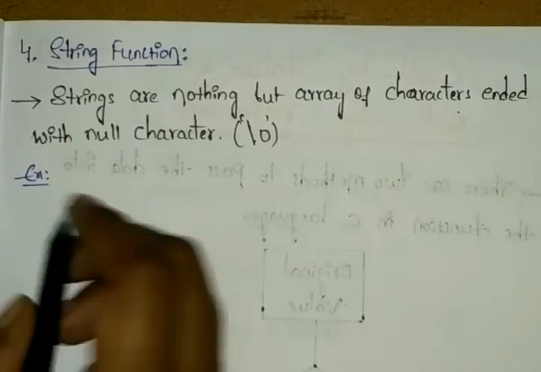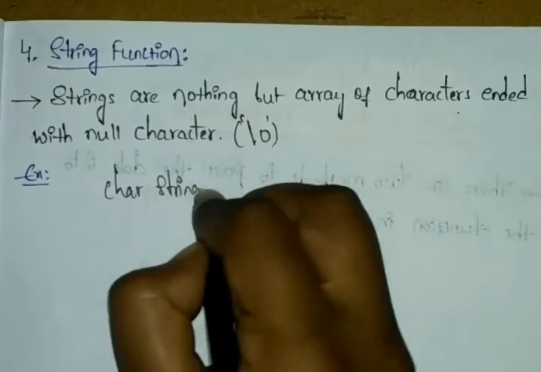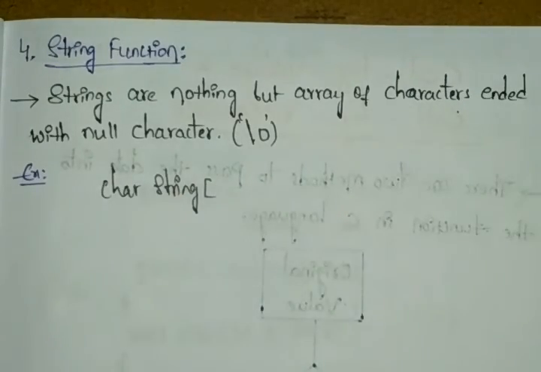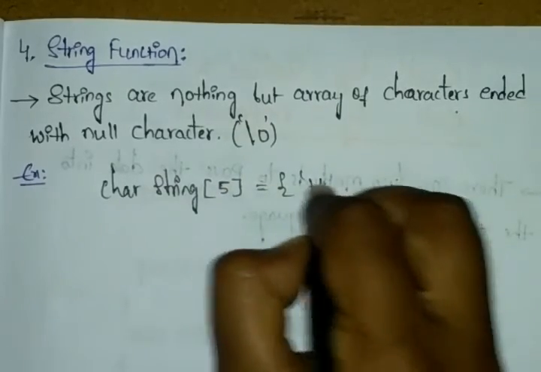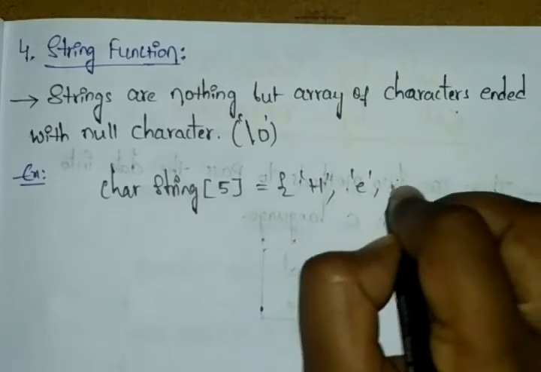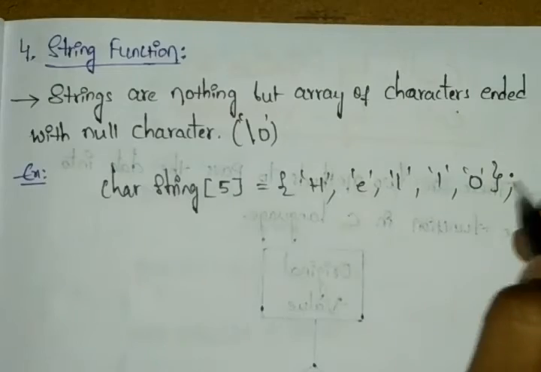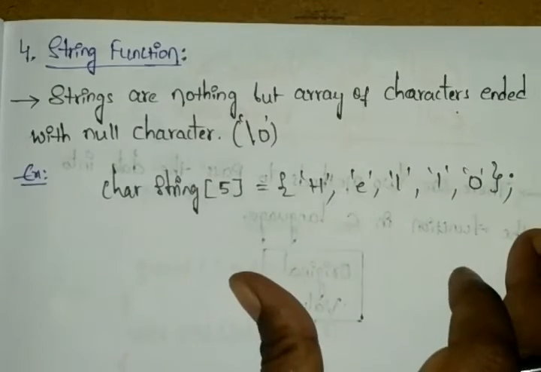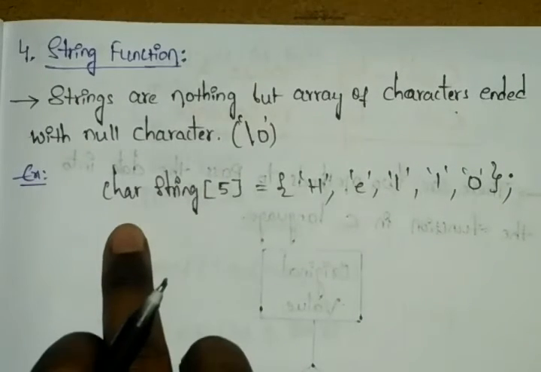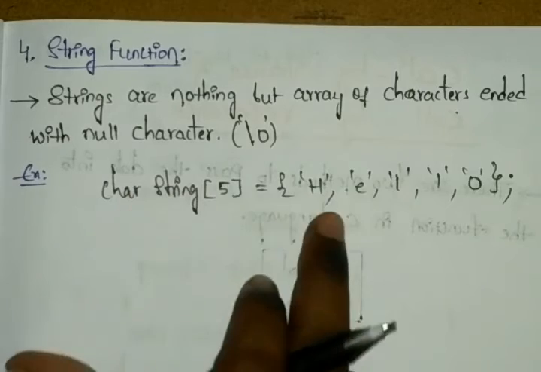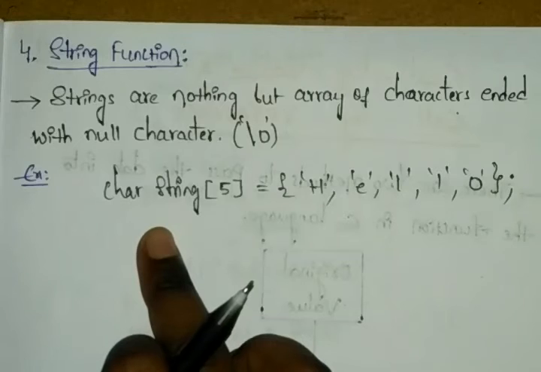Like here, for example, you can see if you are writing a char string. Just here I'm writing only 5, or else anything you can choose. Here I'm writing h, e, l, l, o. So here we are writing just hello. Like this we can define our strings. The string can be defined by using the character data type. Directly we don't have any representation to define strings. That's why here we are representing them with characters.